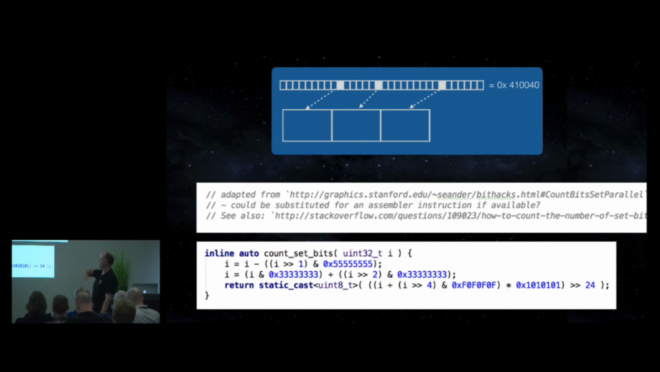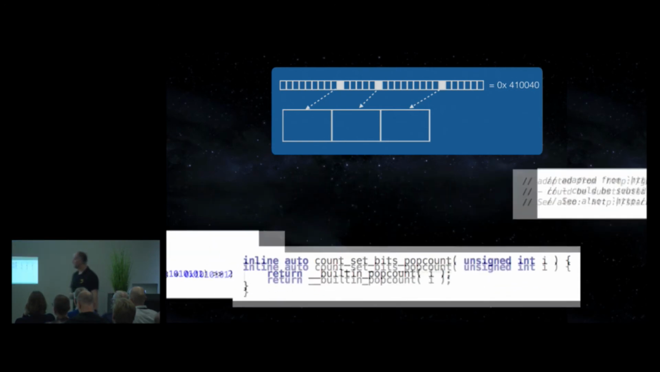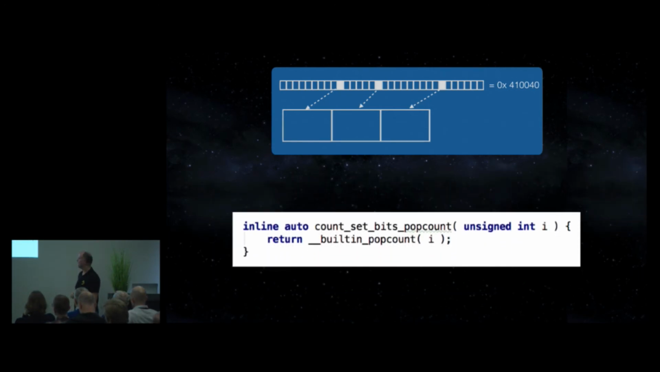But notice that comment in the middle. This comment's from the code, by the way. Could be substituted for an assembler instruction if available. And in fact, if you're using GCC or Clang, you can use this intrinsic built-in popcount that, with a certain compiler switch, will give you that assembly instruction. And that's what I used in these tests. So